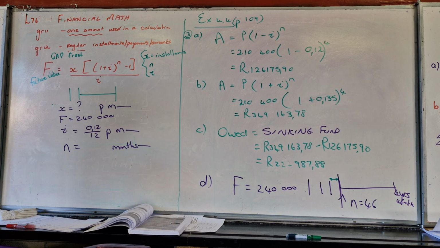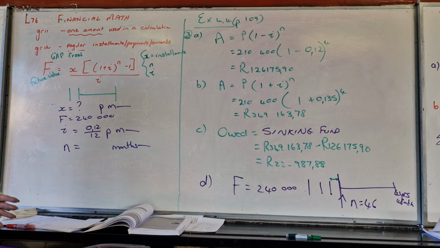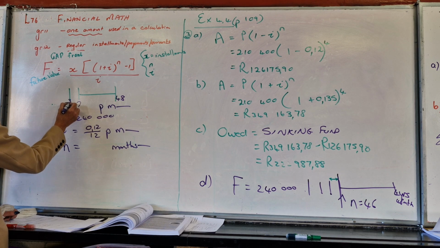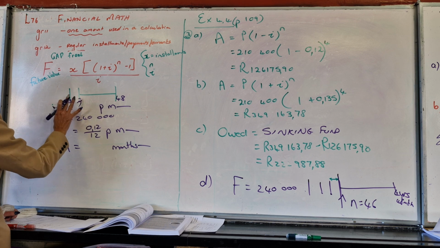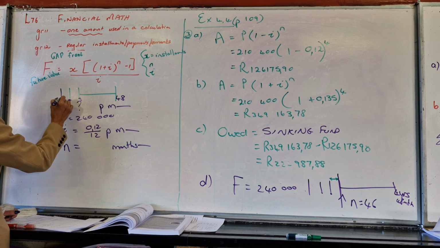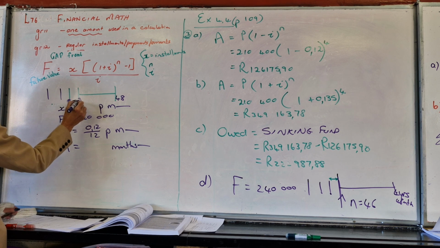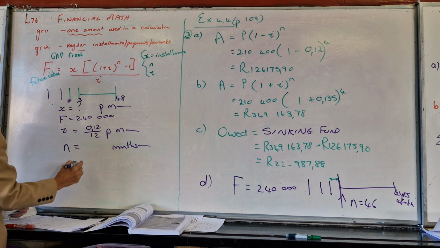Now, the story about the story is, did you get the right N? If not, 4 out of 5. If yes, 5 out of 5. So please do not stress too much about it. So now let's think about it again. If this was 48, but here we started on month number 3, that meant that I had, this is month number 3. So there was first payment not done, second payment not done, there I pay. So with the gap, how many months are there from 2? That would mean